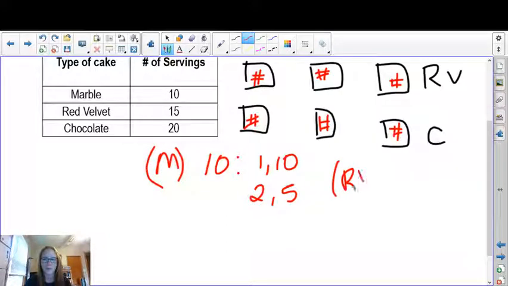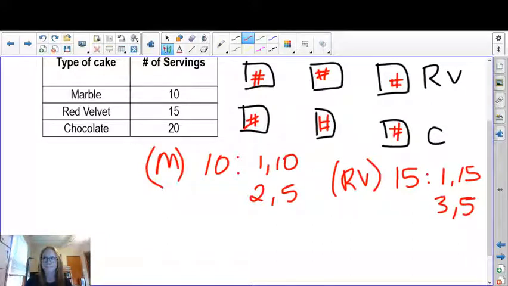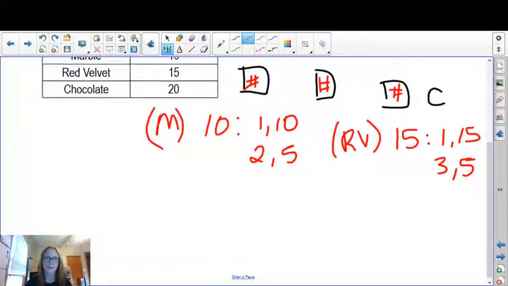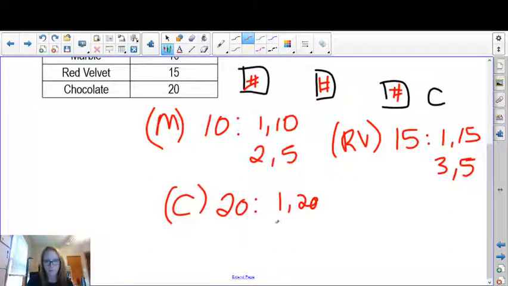What about my red velvet? That's the number 15. I've got 1 and 15, 3 and 5. And that's it. And then lastly, my chocolate, which is 20. I have 1 and 20, 2 and 10, 4 and 5. So the idea here is to determine what number